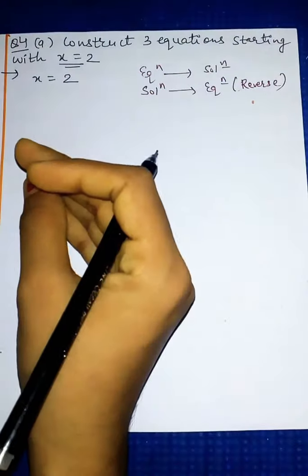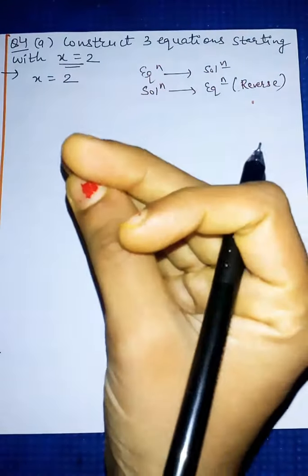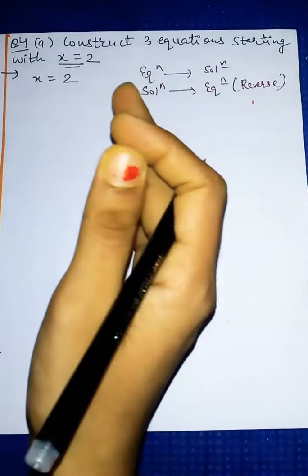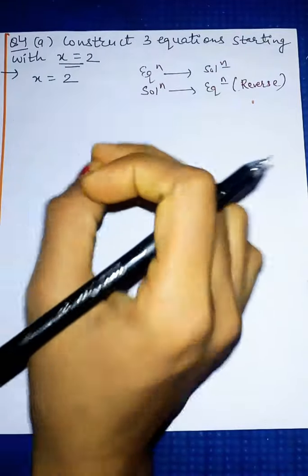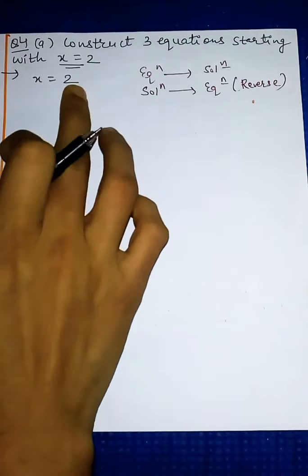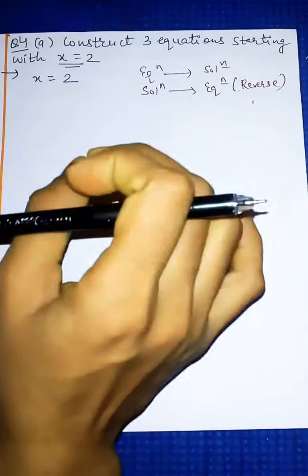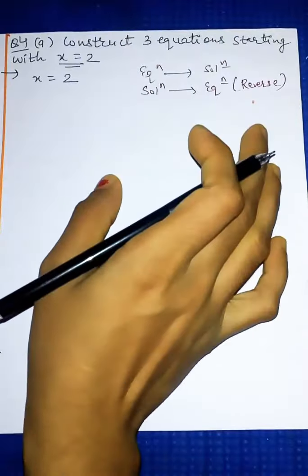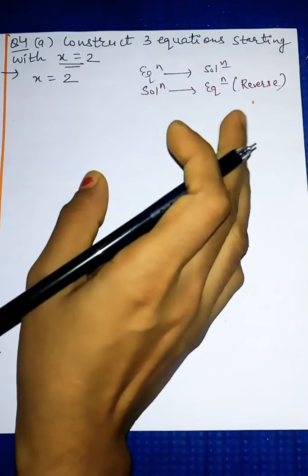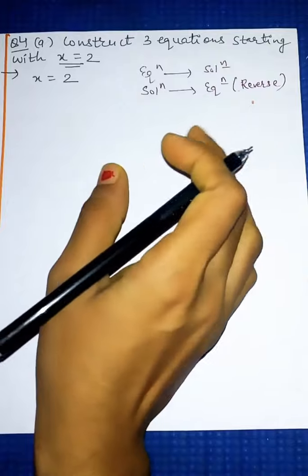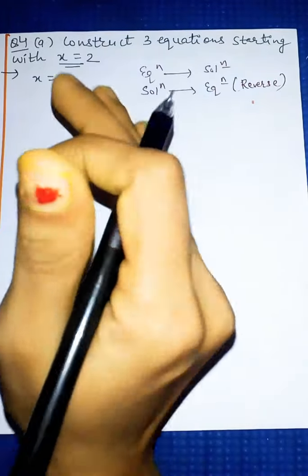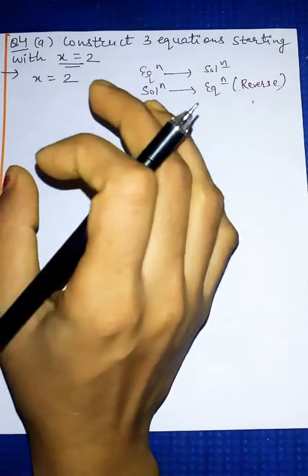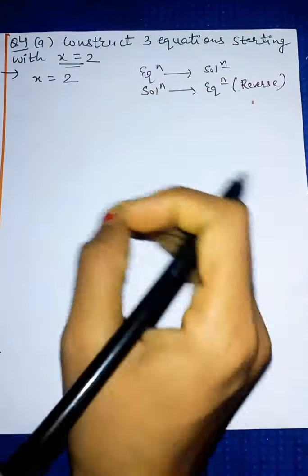Here you can take any step whichever you like. For example, you can take multiplying by 5 on both the sides. Whatever steps you are doing, you will do on both sides, LHS part also and RHS part also, दोनों तरफ आपको करना है because we are making an equation. So you can do multiplying by 5 on both the sides, or adding 4 on both the sides, or dividing by 5 on both the sides. Means here you can take any step, any mathematical operation, and you can take any number. So constructing an equation is very easy.